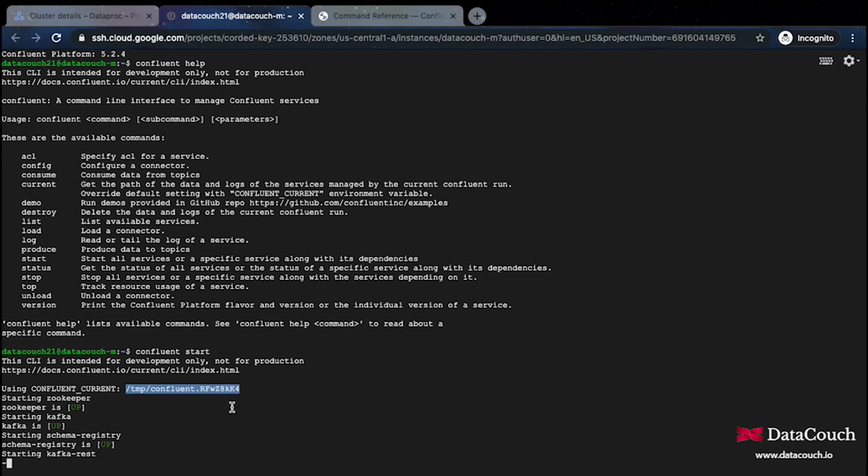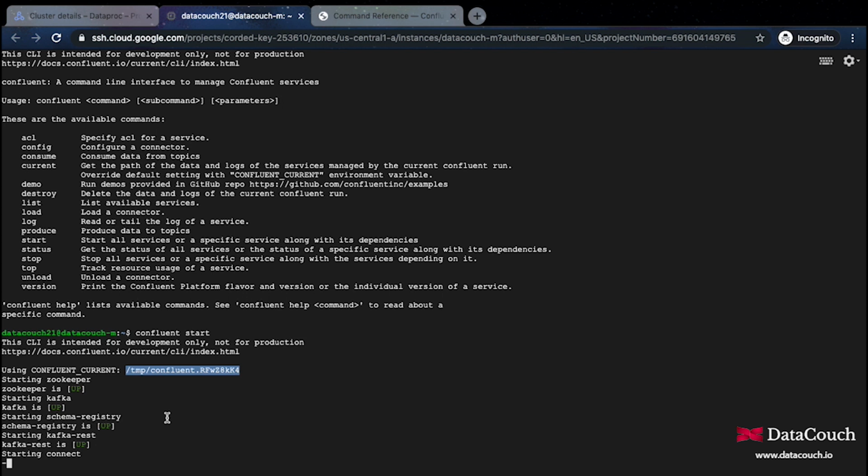It is starting all the services through this Confluent start. Once it starts, I can show you the status, like whether the services were started successfully or not. Then we will be stopping a particular service and starting a service. So right now it is still doing Confluent start.